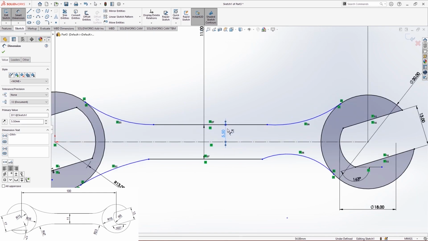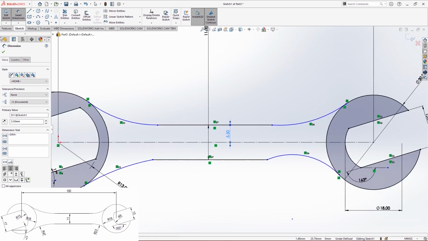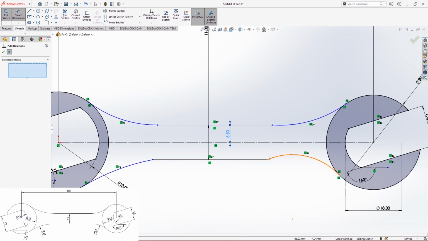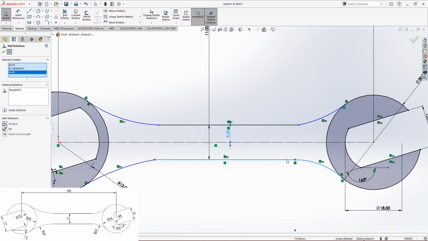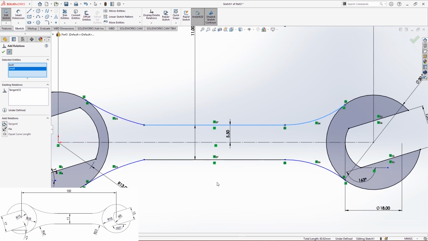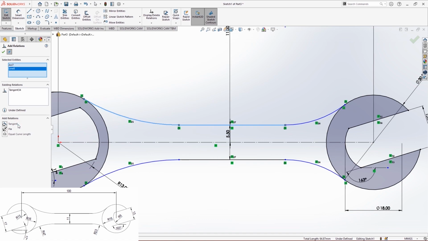Now we see that still we have few problems here. What's left here is this arc is also tangential to this line. So you select both of these, select tangent, and it looks fixed. Go for this one, tangent. This is also fixed. Now you go for this one, tangent, and lastly this one,